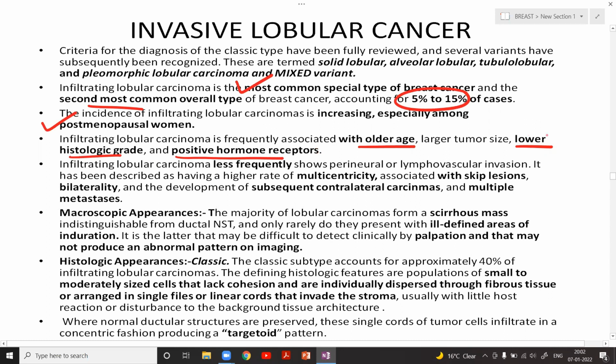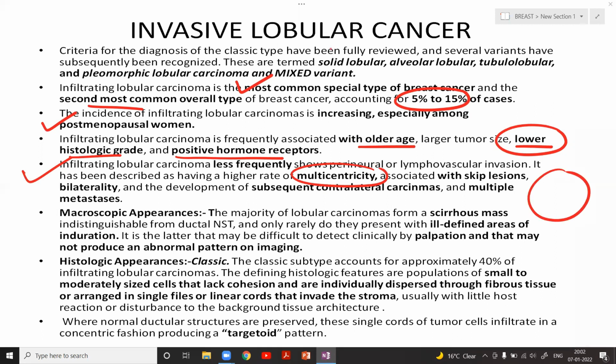What is very important is that this tumor has a very good prognosis. So it is imperative that you recognize and diagnose this tumor. One bad thing about this is that these tumors are multicentric. Means, for example, if this is one quadrant of the breast that we are looking at, they might be present in multiple quadrants of the breast. They might also be bilateral. They are bilateral and multicentric. Remember these points. This is very important.